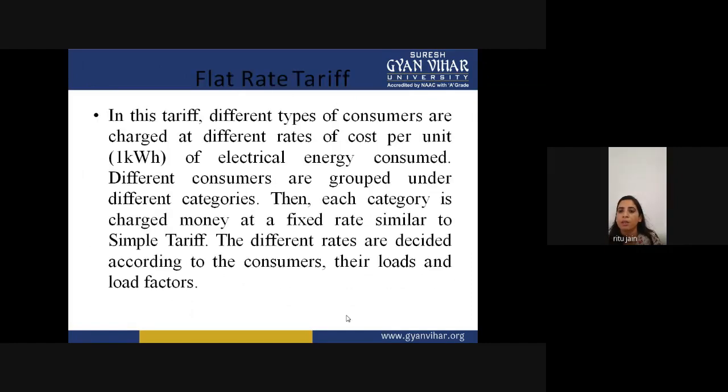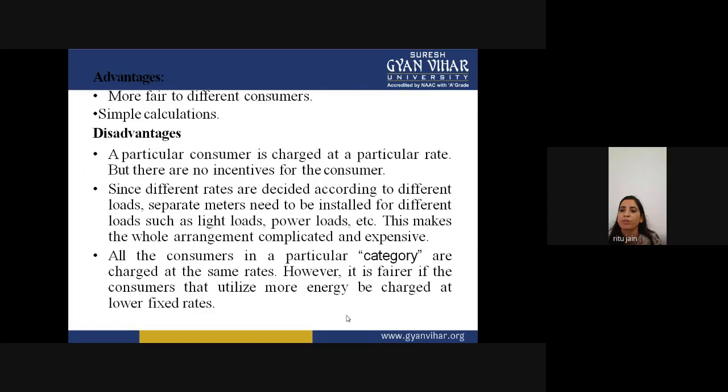Now, flat rate tariff. Let's discuss the flat rate tariff. In this tariff, different types of consumers are charged at different rates of cost per unit of electrical energy consumed. Different consumers are grouped under different categories and each category is charged at fixed rates, similar to simple tariff. The different rates are decided according to the consumers' load and load factors. So flat rate tariff is dependent upon different